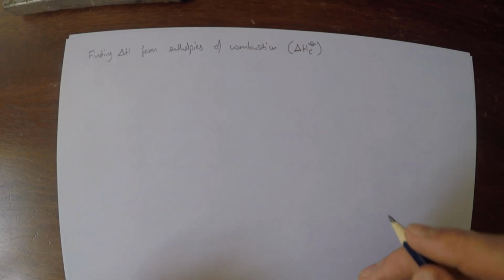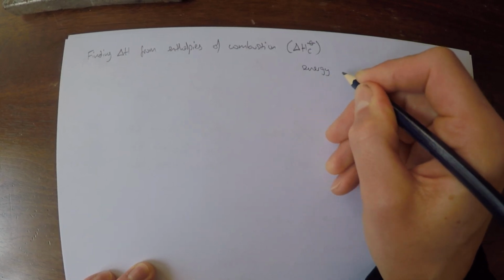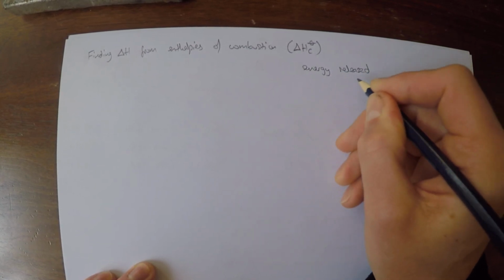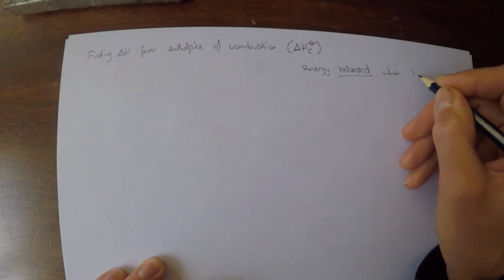Okay, in this video I'm going to explain how we can find the enthalpy change of a reaction from enthalpy changes of combustion. So the enthalpy change of combustion is defined as the energy released. It is always released, it's an exothermic process every time, when 1 mole